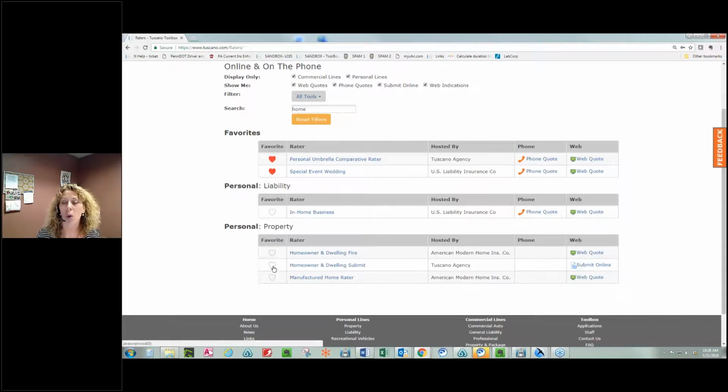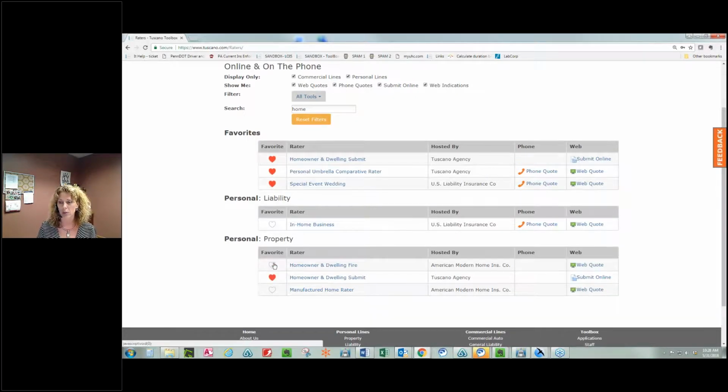But a couple of things on the homeowners, some people think because we're a wholesaler that we can only write really ugly risk on dwelling fire and on homeowners business. And at one time that was true, but it is not that way anymore. We have a couple admitted markets.